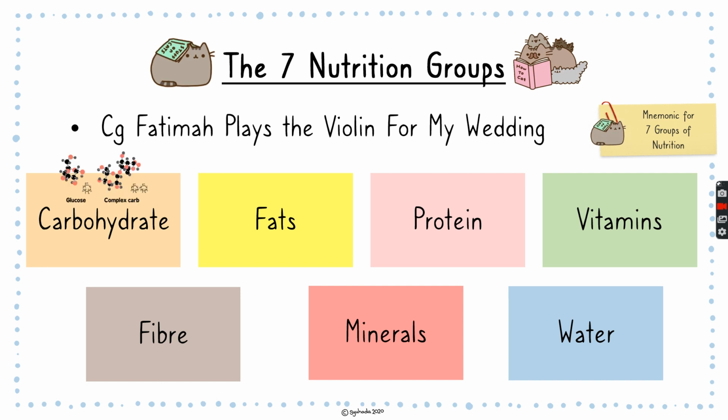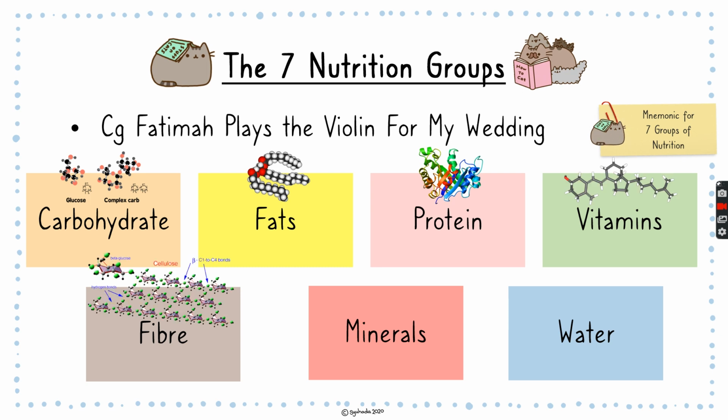Alright, so this is what a carbohydrate actually looks like, and this is what fats look like when it comes to their molecular structure. That's protein. Vitamins look like this. Fiber looks like that. And minerals like iron, we know that it's an element, and you can find this in your periodic table. And you know your little cute Mickey Mouse water. If you look at all of these pictures, I'm sure they look unfamiliar to you right now, but they are actually something that you know of a little bit, because all of these pictures refer to how